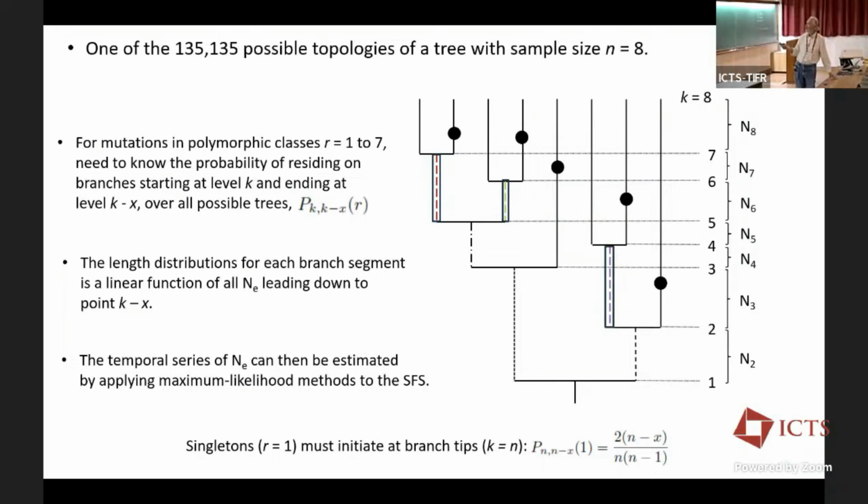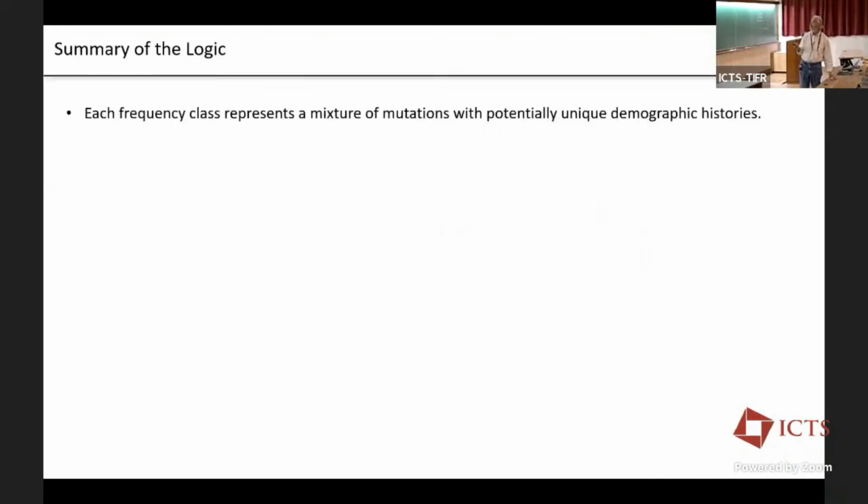If you're a doubleton, you would have to be on a branch like this. If a mutation is there, then 2 individuals in the sample would have that mutation. This would be a tripleton down here: 3 individuals in the genealogy would have inherited the mutation. This would be a quadrupleton, and this would be a quintupleton, if those are words we're allowed to use. So that's the basic idea. We have information on the frequencies of singletons, doubletons, and so on. We have information on the basic topology, the large combinatorial number of topologies, and we're trying to infer the internal branch lengths on those topologies to get a measure of the history of the population.